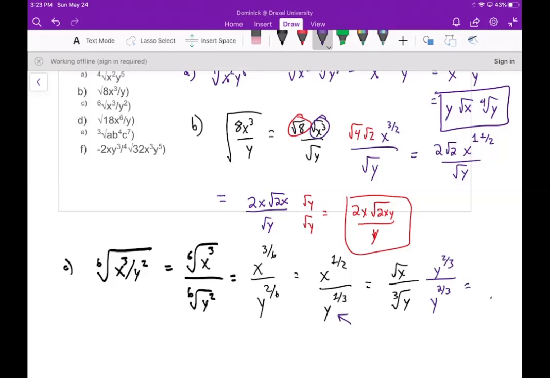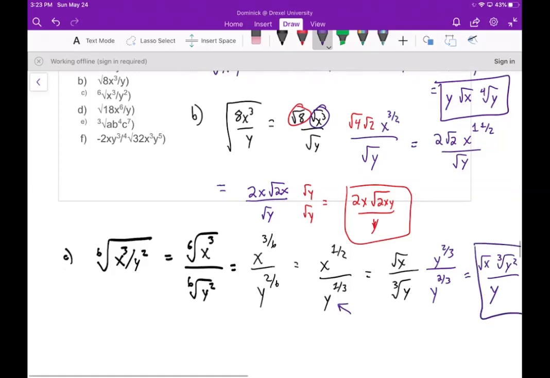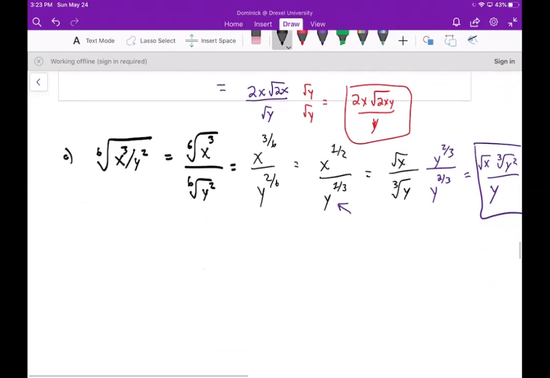So in the bottom, we know we're going to get y. And in the top, we get a square root of x and then a cube root of y squared. Okay. Part D,